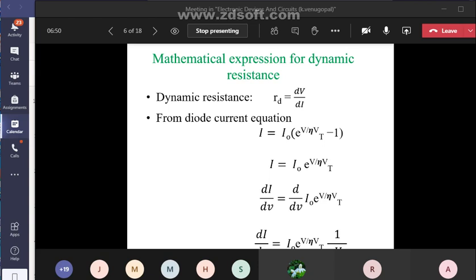So if you take dI by dV, then you will get d by dV of I naught into